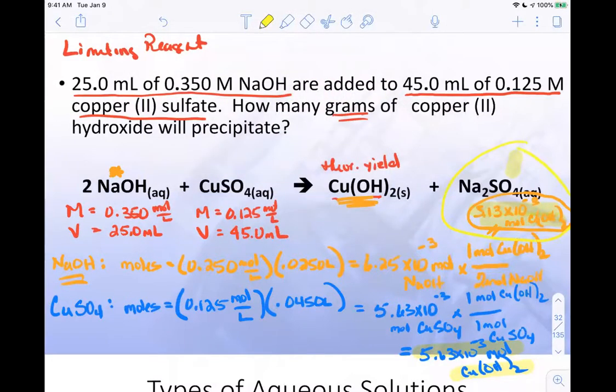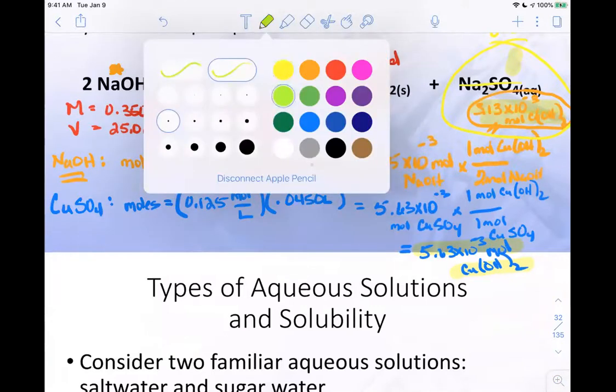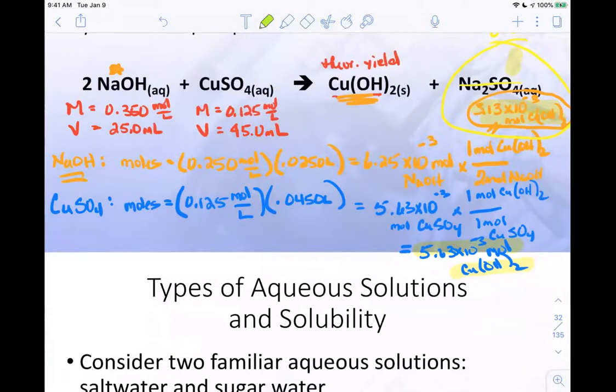This, not that, is going to be the amount of copper hydroxide that I can make. So let's look at this. If I have 3.13 times 10 to the minus 3 moles of copper hydroxide that I can make,